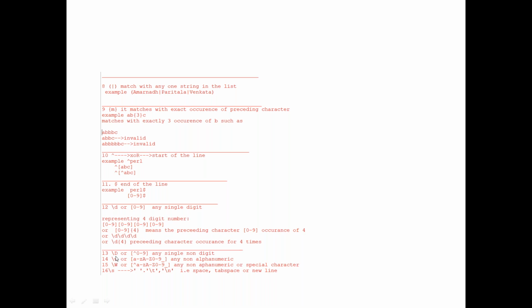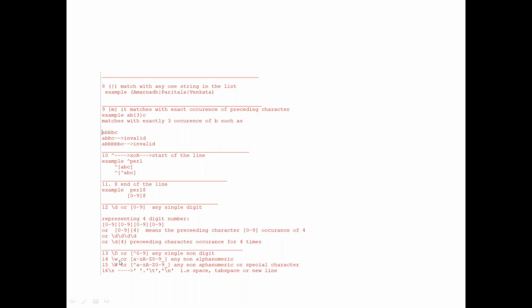Capital \D is not a small d; it's a capital D, meaning not a digit. Any alphabetical character or any single non-digit can be picked up, like the caret 0 to 9.